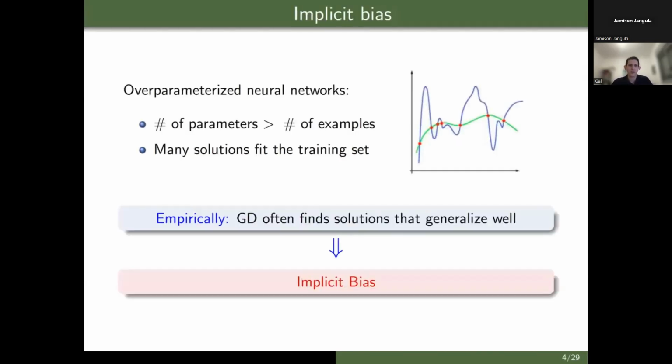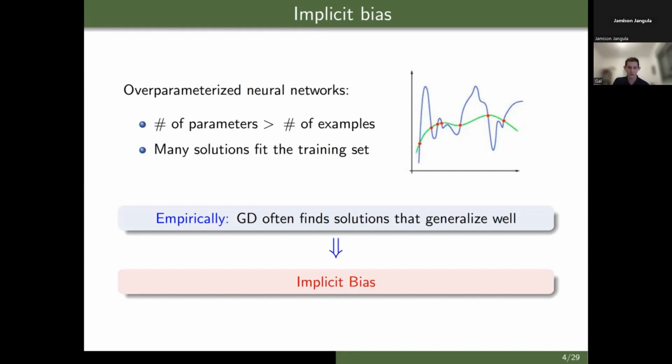Neural networks in practice are often overparameterized, which means that the number of parameters in the network can be larger than the number of training examples in the training dataset. In such situations, there are typically many different solutions that fit the training dataset. Namely, there are many different neural networks that perfectly fit the training data, but from this large set of possible solutions, some also generalize well to test data, but other solutions only overfit the training data and